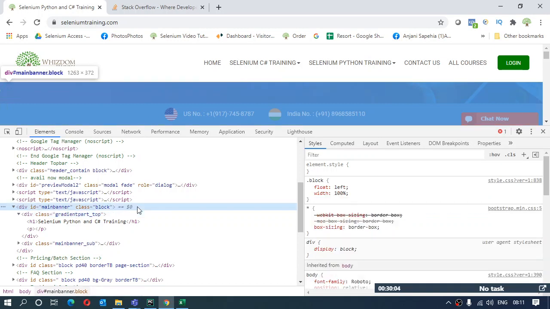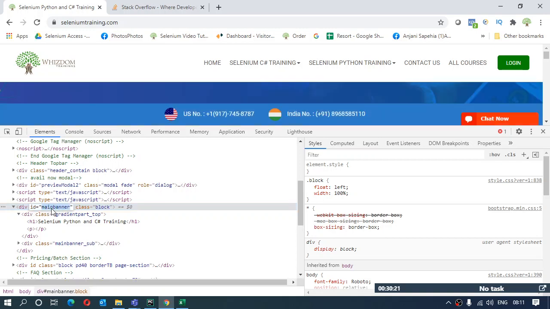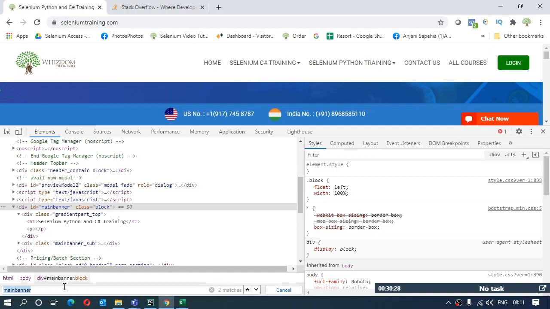Now this upper tag is a div tag again, and it has two optional attributes. One is an ID and one is a class. So I can go with the ID part. I know ID is a good option for a unique element to be extracted. So I can take the help of this particular ID attribute here. If I have to make a partial or relative XPath, I can say that there is a div tag whose ID is main banner. Below that my element is lying.